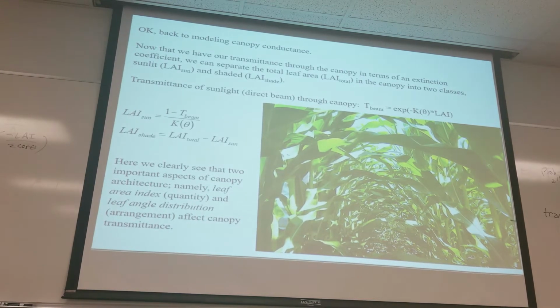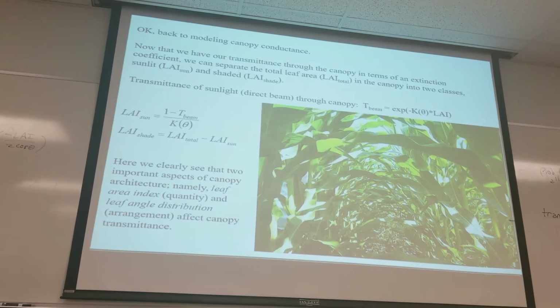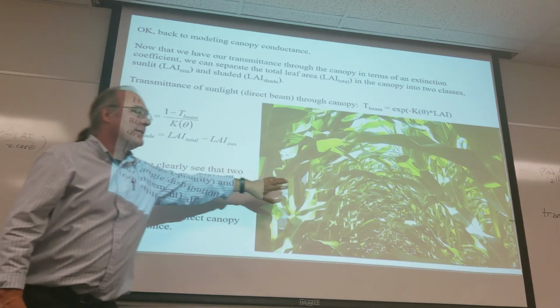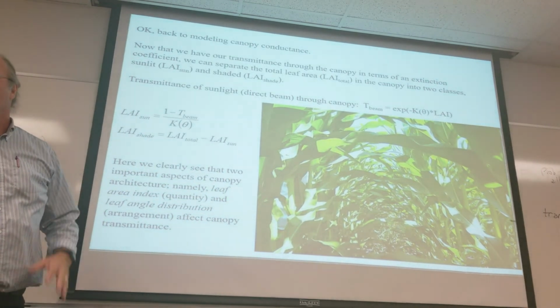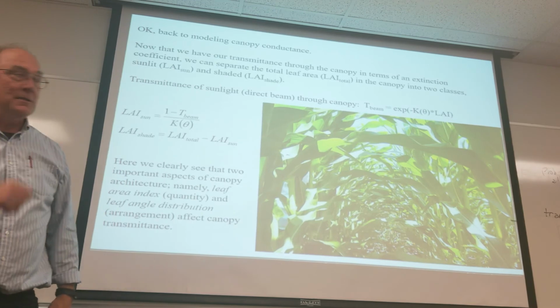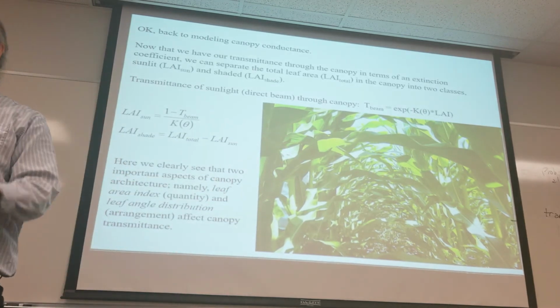And if we can quantify that distribution of leaves in the canopy through leaf angle distribution, that's very useful, for example, for separating the total leaf area in the canopy into sunlit and shaded fractions, which is the first step that we'll need to do in scaling up from